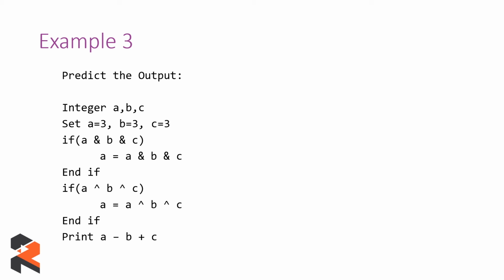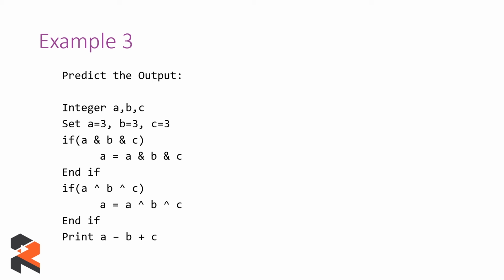You can see that there is A and B and C which is enclosed in the if block. As you can see that the value of A, B and C is basically the same. So in that case, any kind of AND operation which you perform on the same variable will result in the same answer. So say you are performing AND operation of 3 on 3, that will result in the same answer because your bits never changed. So your answer for this particular thing will remain the same. So the if block gets evaluated to 3, which is not 0, which means the value is true.